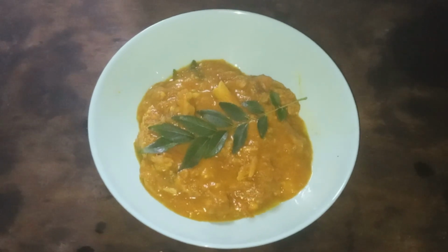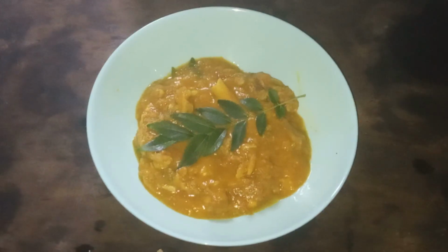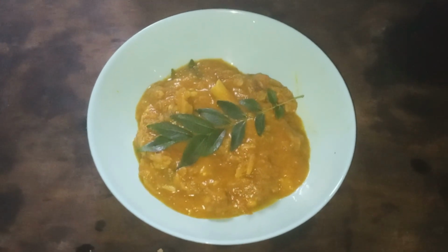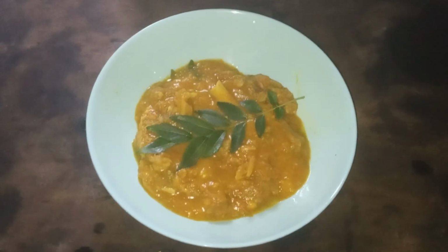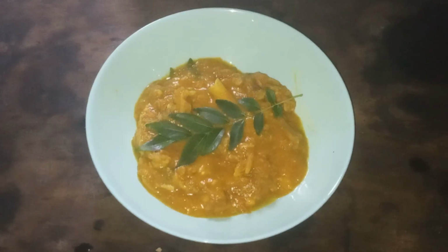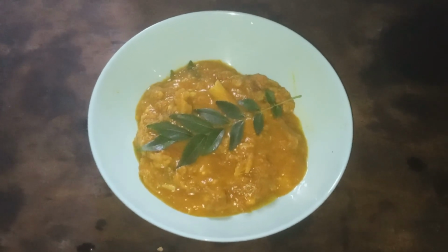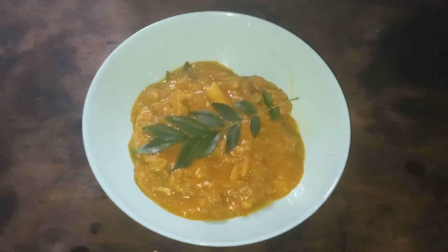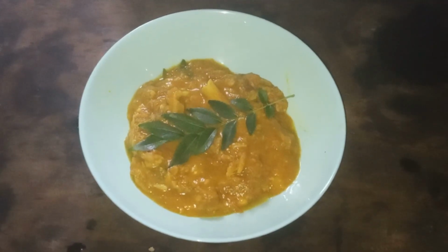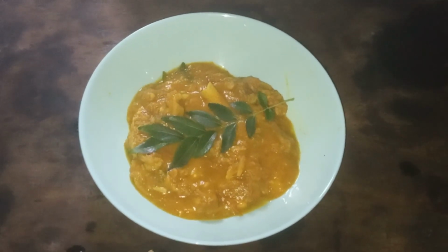Lamb Split Chickpea Stew, or Lamb Split Chickpea Lentil Stew, or Lamb Lentil Stew. One of the tastiest of the dinner recipes, one of the most delicious of the chickpea recipes, one of the most unique of the garbanzo beans recipes, and one of the most delicious of the lamb recipes and dal recipes. It can also be called